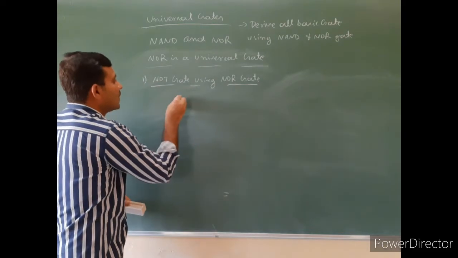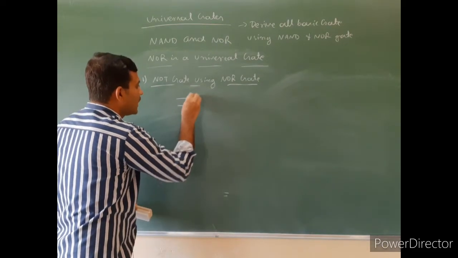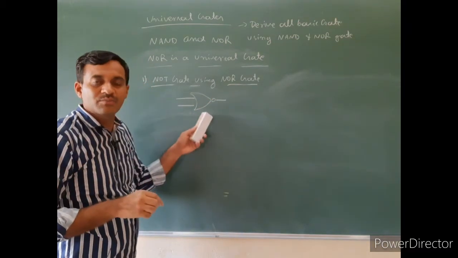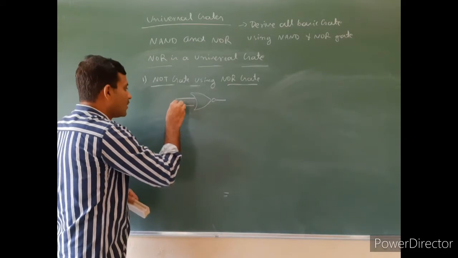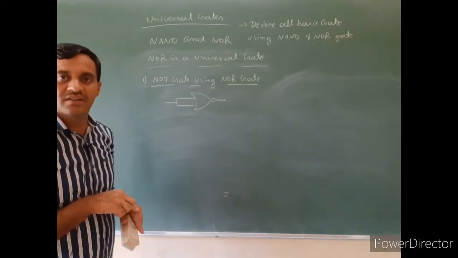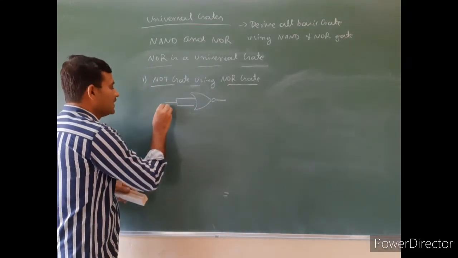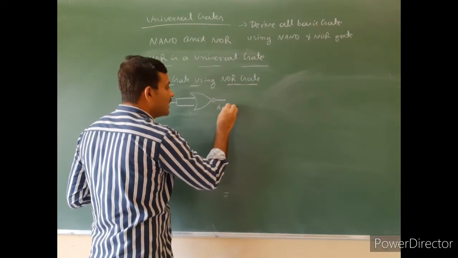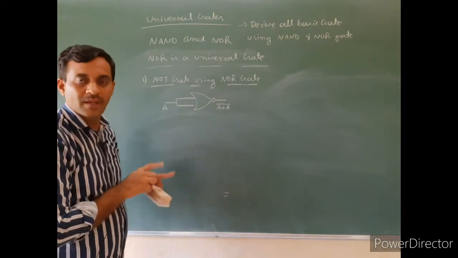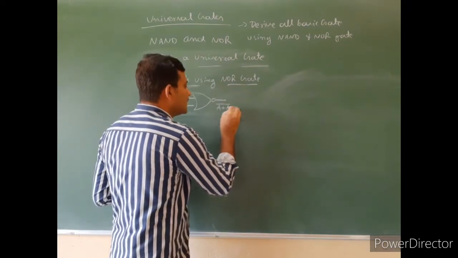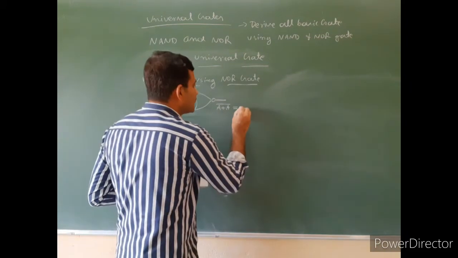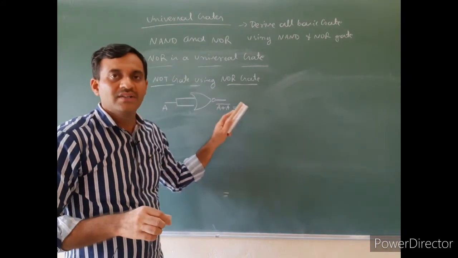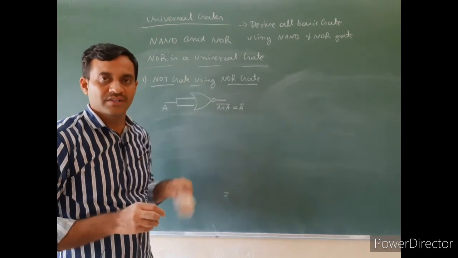How to prove it? The NOR gate accepts 2 inputs and produces only one output. There is an inverter bubble at the output side. That is the logic symbol for the NOR gate. But NOT accepts only one input signal. If it is A, then what is the output here? The output is (A plus A) whole bar. But we know that x plus x is equal to x. So it becomes A bar. If the input is A and the output is A bar, then it is the output of the NOT gate.